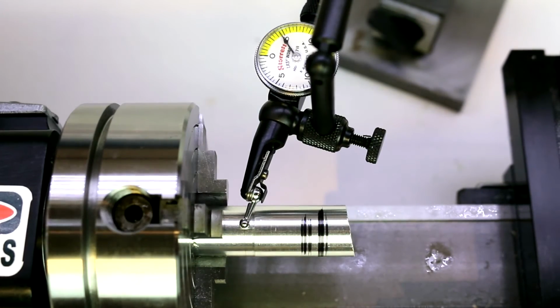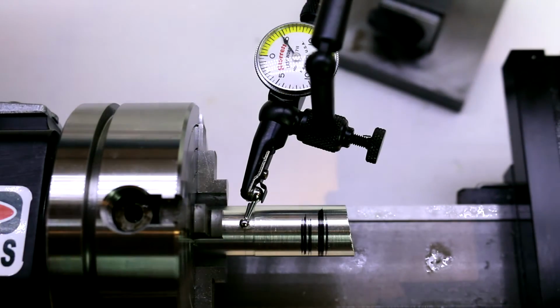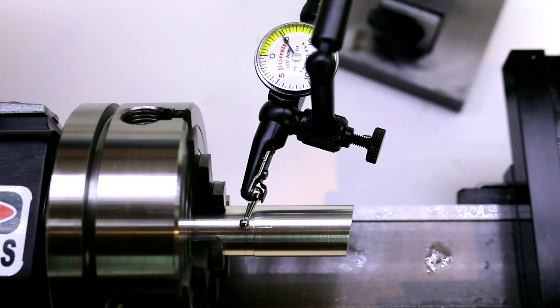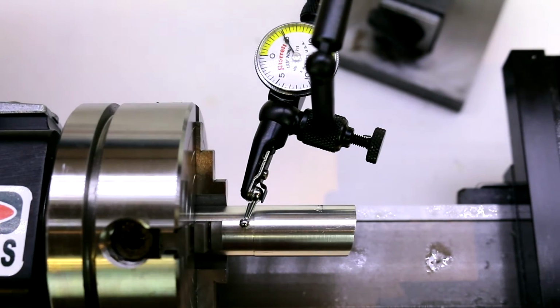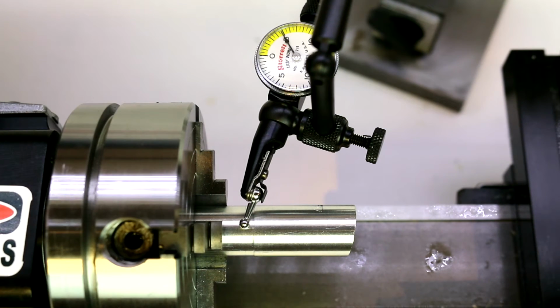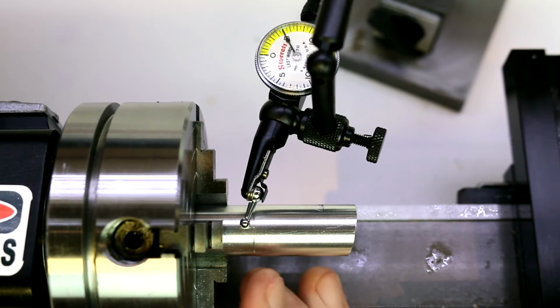So there we're at about a 1/2 thousandth, I believe. Maybe not even a 1/2 thousandth, maybe a 1/4. Each tick on this indicator is a 1/2 thousandth. So we're pretty well centered there. Now, obviously, if you are doing something that needs a higher level of accuracy than that, then you can continue to try to tweak this. But the amount of time you spend adjusting it is going to be commensurate with how accurate you want it to be. Also, keep in mind,